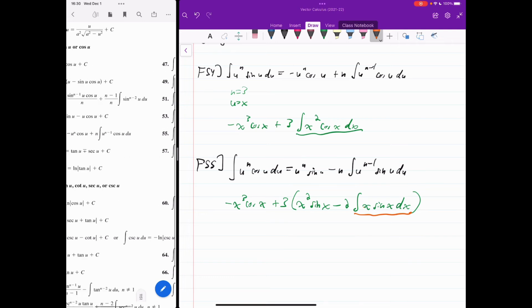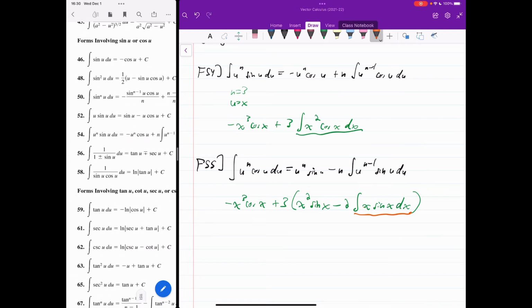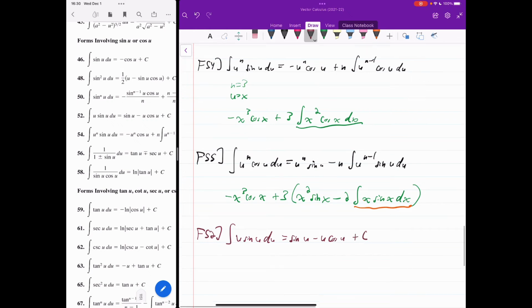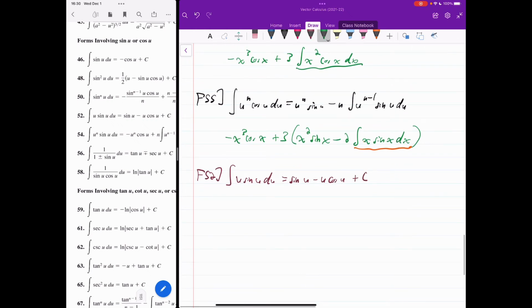So we get to slide back over, and there is one more left, formula 52. Formula 52 says that the integral of u sine u du is the sine of u minus u cosine of u plus c. So keeping this whole thing present, negative 3 cosine of x plus 3x squared sine of x